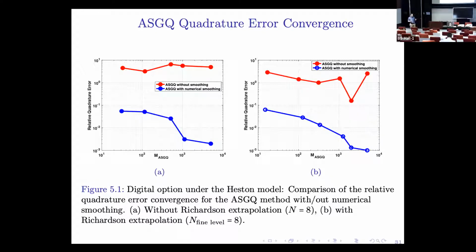You alleviate the problem by creating some anisotropy, but still, there is some order of dimension that will hurt you, and you see here the advantage of applying Richardson extrapolation, and in both cases you see that they compare really well to the case where you don't do any smoothing. And this is dimension 16, because it's a 1D Heston, but you have 2 times n dimensions, because you have 2 SDEs. So this is 16 dimensions, and you see that smoothing really helps a lot.